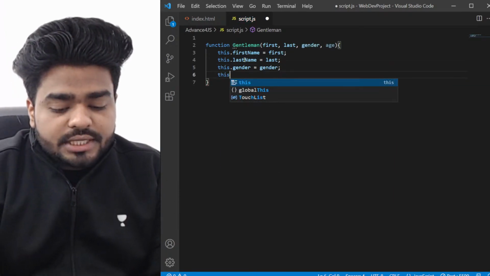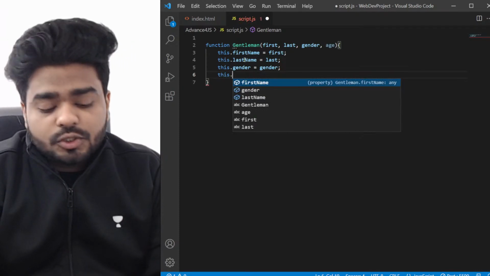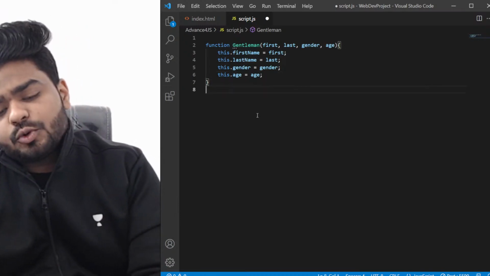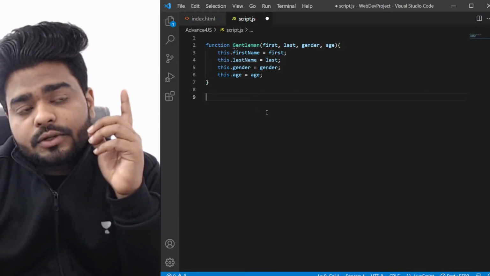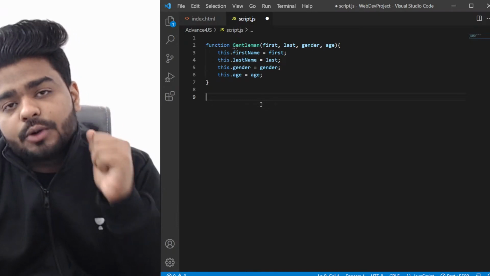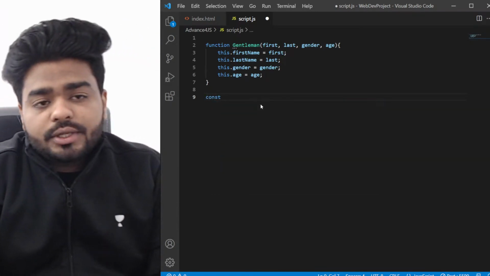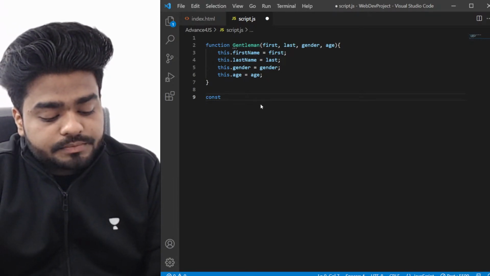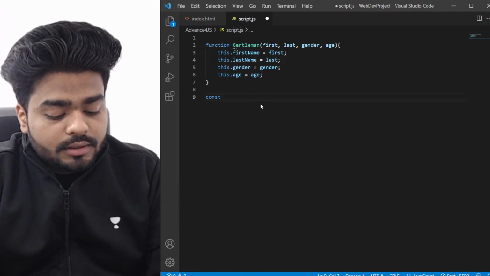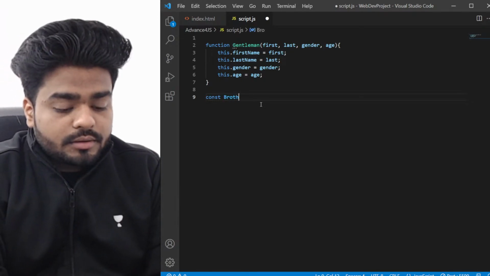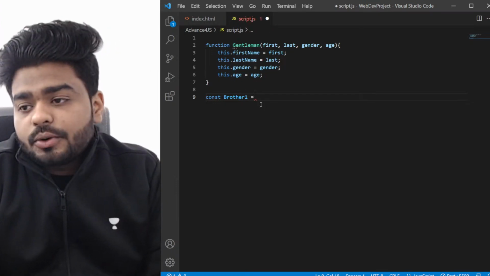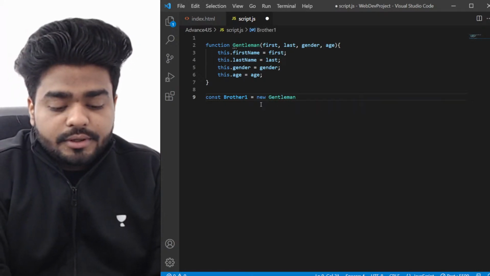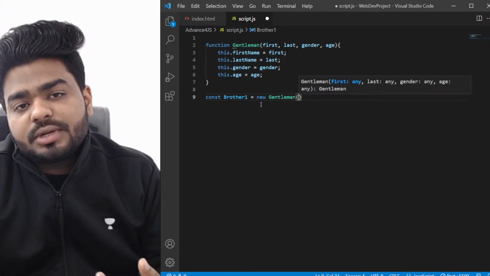If you have not seen the object session, then please go ahead and watch it. You will be able to understand what I am doing here. Okay. So I've just created one function here. I'm going to just create an object now, and I'm going to call the constructor. So you must be knowing how to do that, and that you will be doing by creating an object. So let's say I'm creating an object. Let's say this is an object. Okay, and I'm just going to create a constructor. So for constructor here, we need to give some arguments. As we can see, first,